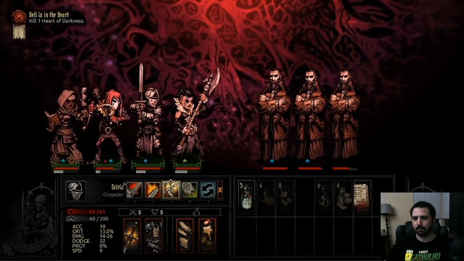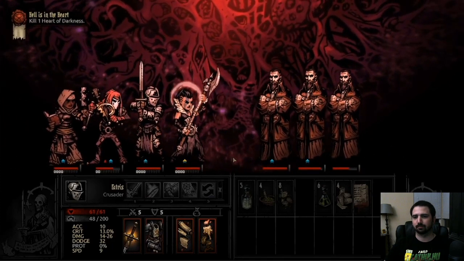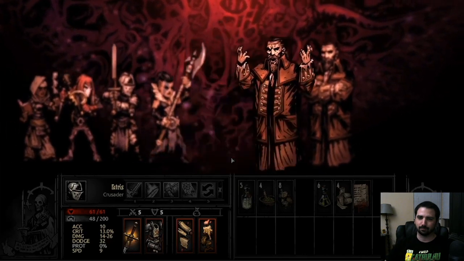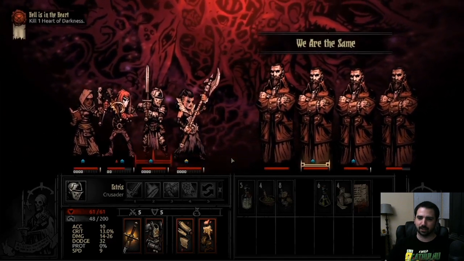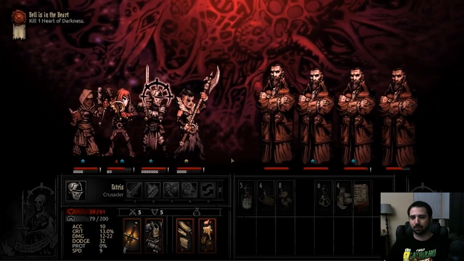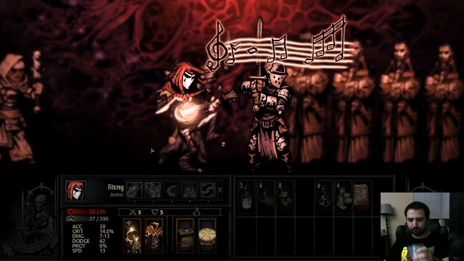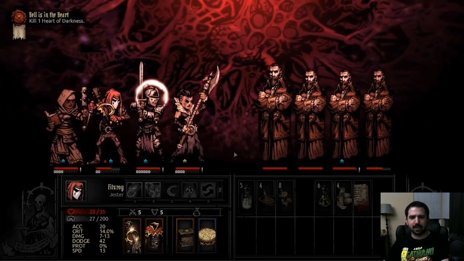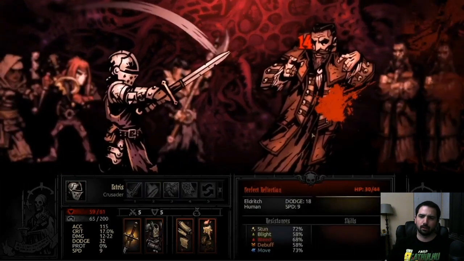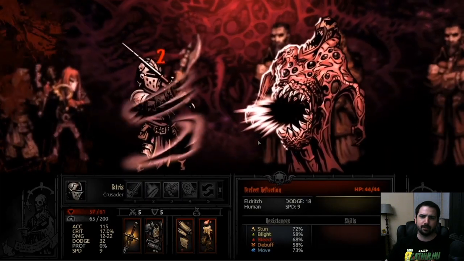Just attack. Smite. Smote them. I love Crusader, dude. Calling it now, Crusader's the last one that dies. He's probably gonna have like 2 or 3 turns up by himself. That is if we TPK to this fight. How many...